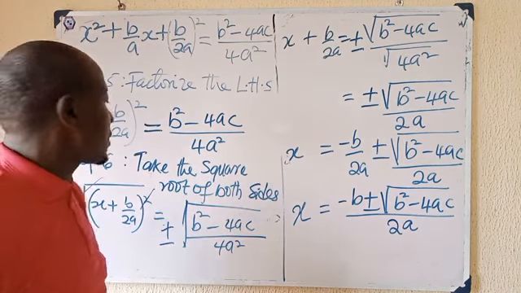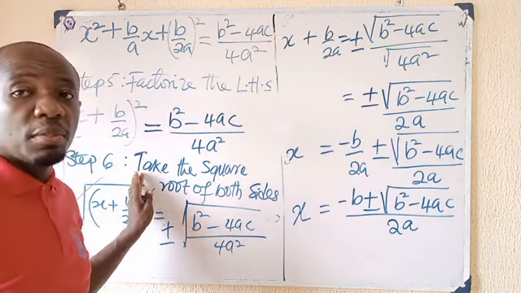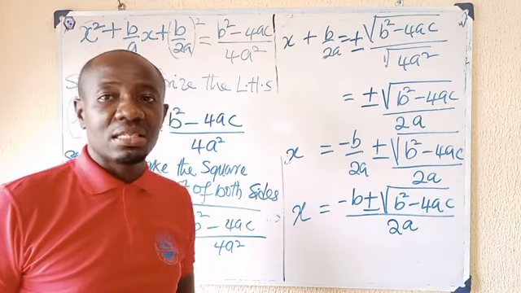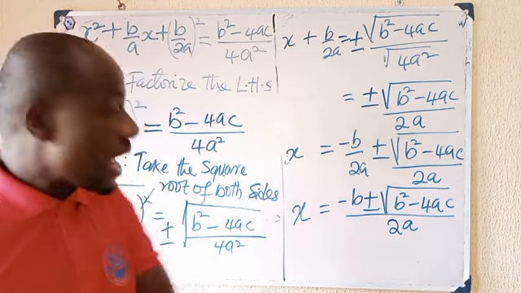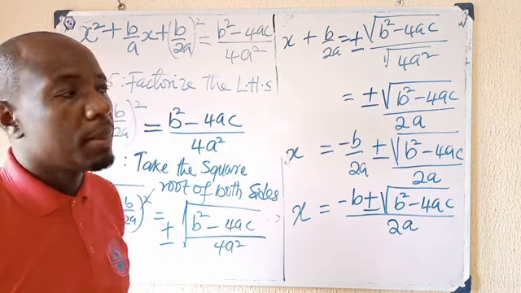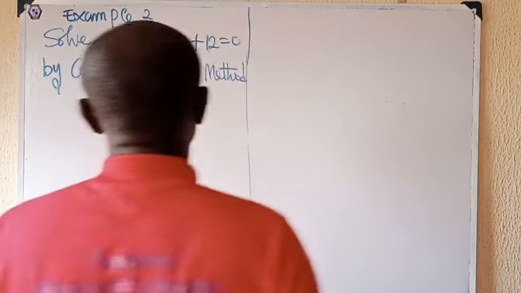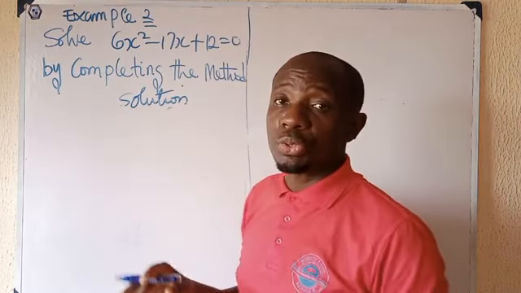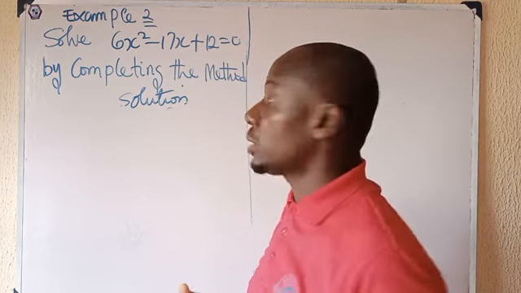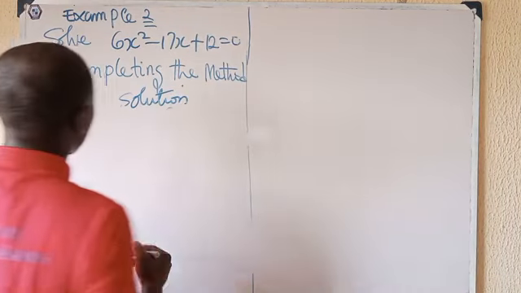So remember the steps, about 6 of them. Remember these 6 steps. You can watch the video over and over again until you master the 6 steps and use it to solve any quadratic problem by completing the square method, right? So we are going to look at our example 2, how to solve this same problem using completing the square method, right? So step 1